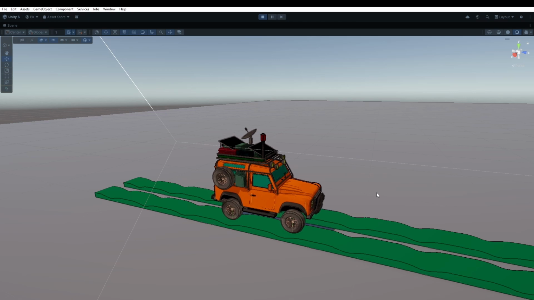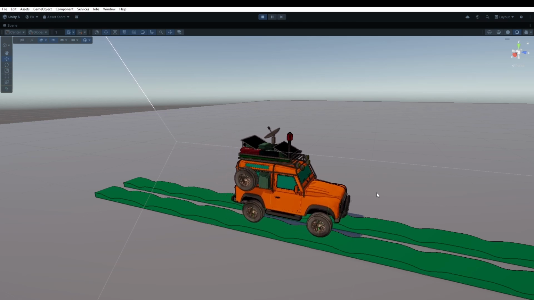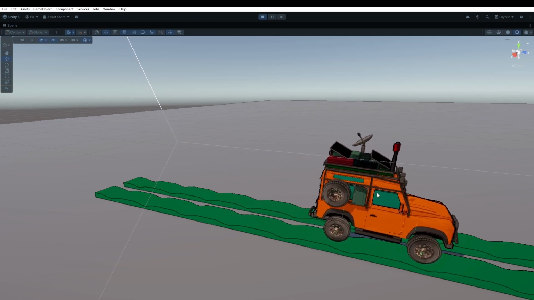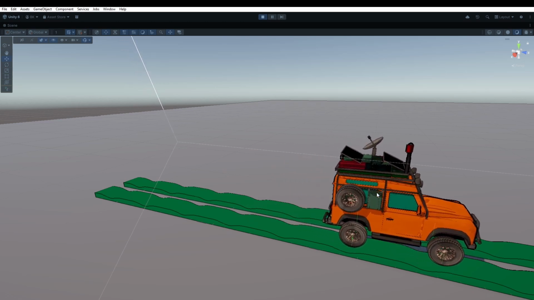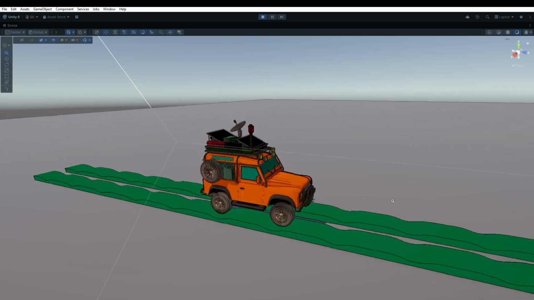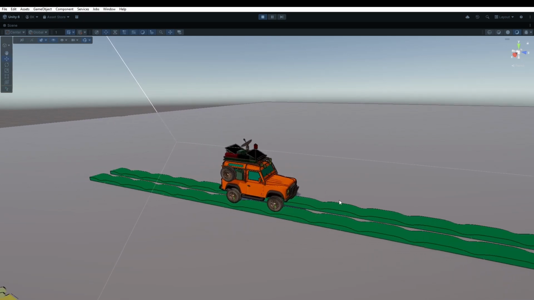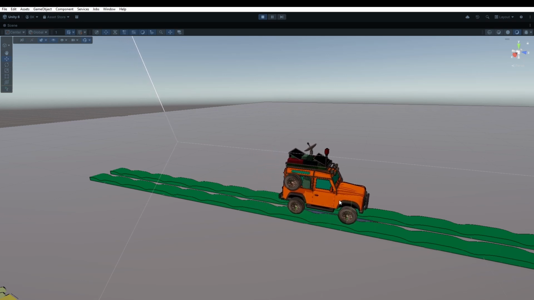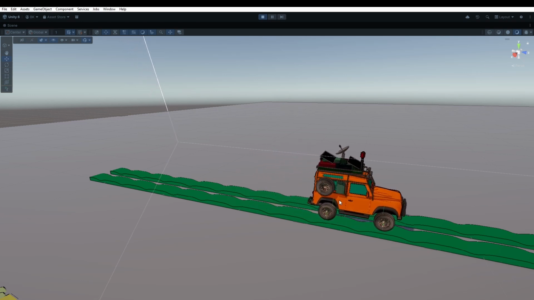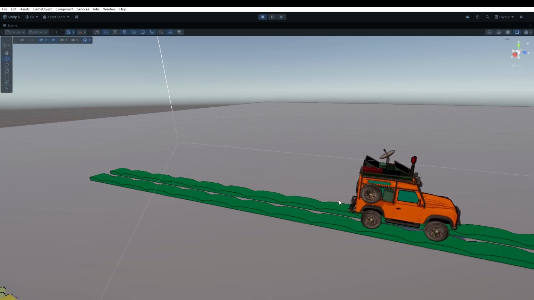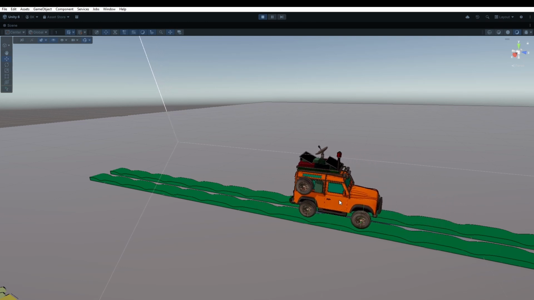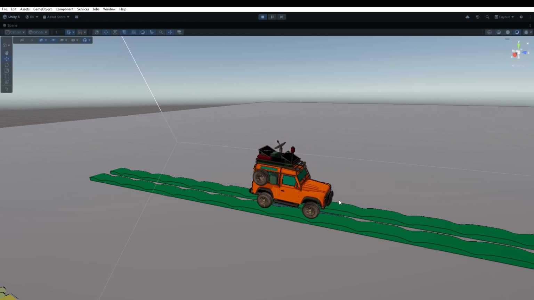So with this approach, we are basically shooting rays from these designated points down to the ground, and these rays are checking if we are hitting the ground, and if we are, then the vehicle becomes elevated